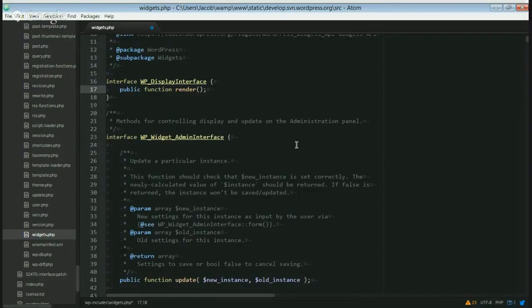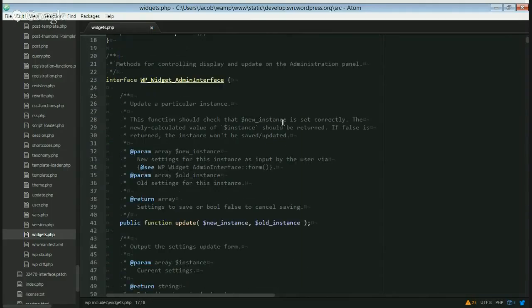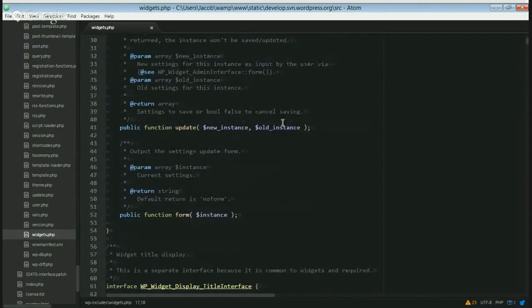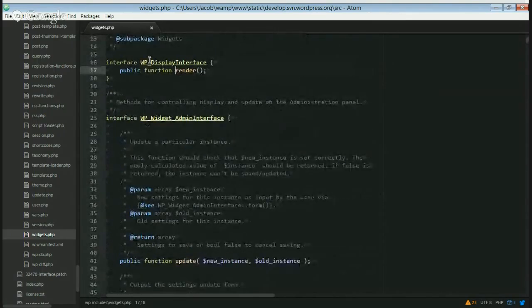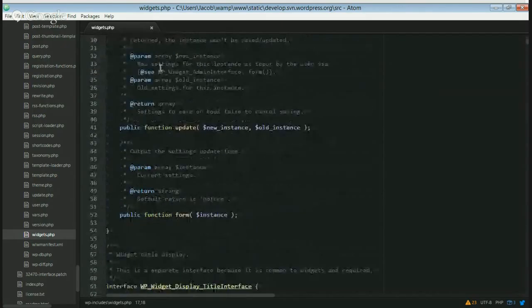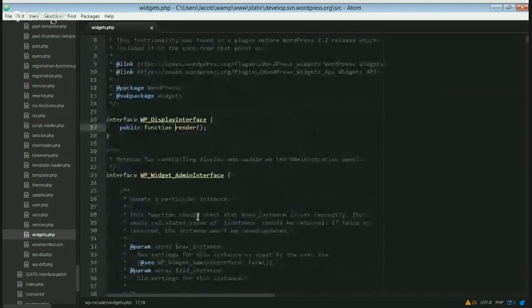So that's what I mean. A render is called, and it displays the content to the screen automatically, and that's render. All right. So what I would like to do technically is to say a form would be rendered. So this would return a WP display interface that would be rendered,